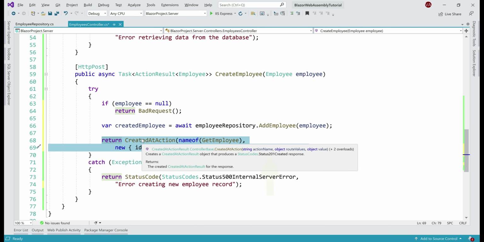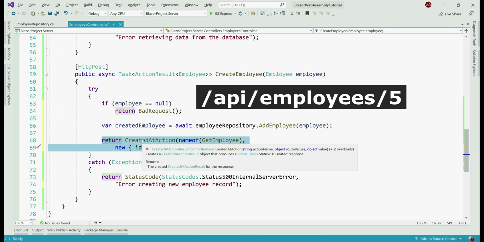Notice when I hover the mouse over this method from the IntelliSense, you can see this method returns the status code 201 to indicate that the resource is successfully created. Keep in mind, on a successful post, one of the things that we have to do is in the response include the location header, that is the URI at which the newly created employee is available. For example, let's say this method creates a new employee with ID value of 5. So this newly created employee will be available at this URI